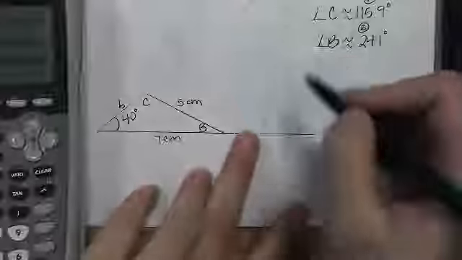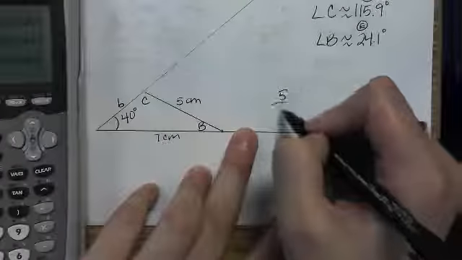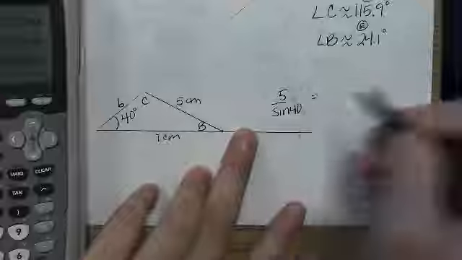Wow. All right. So we have angle B. We've saved it. Let's go ahead and do 5 over sine 40 equals